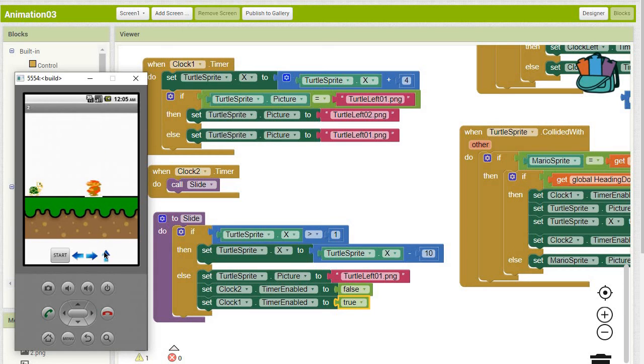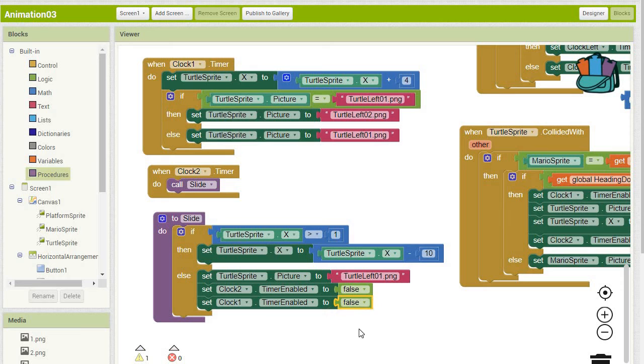There it goes. Obviously my jump is a little high. There it goes. And then if it hits us, it should turn into the small picture. But that's not working because we told it to enable clock 1, and clock 1 simply calls the pictures of the bigger him walking. So if I turn that off